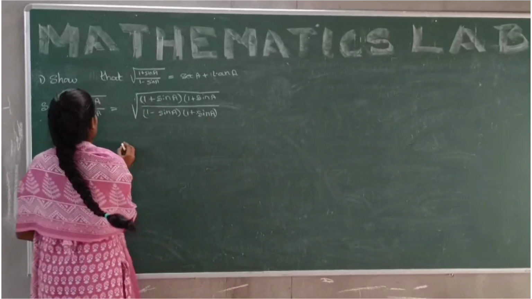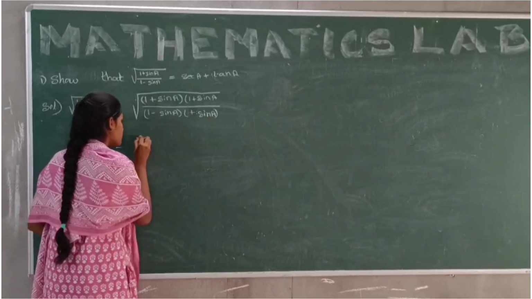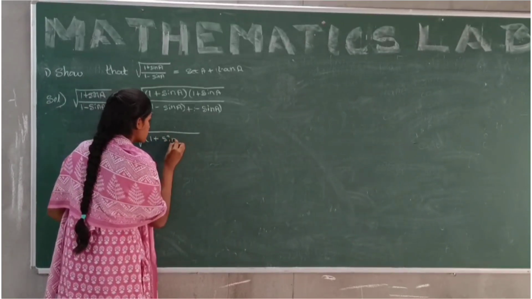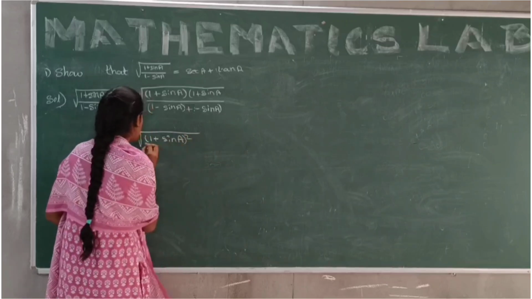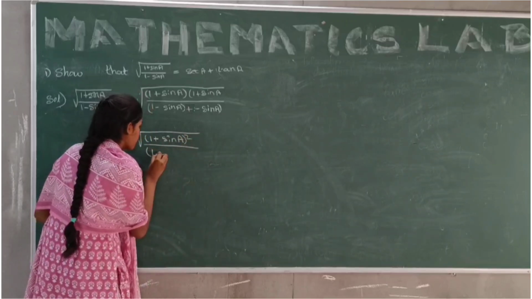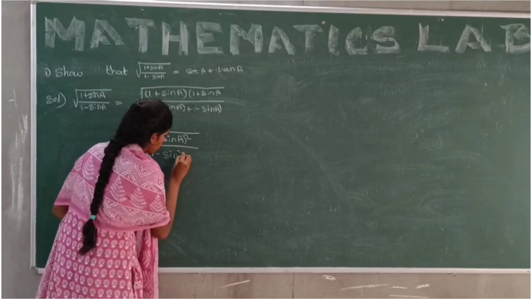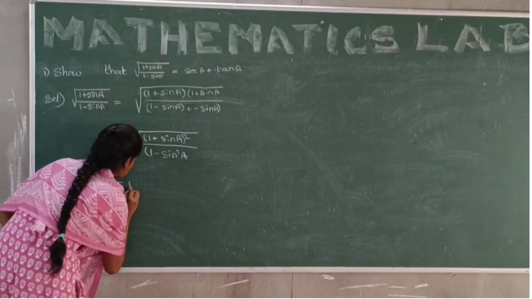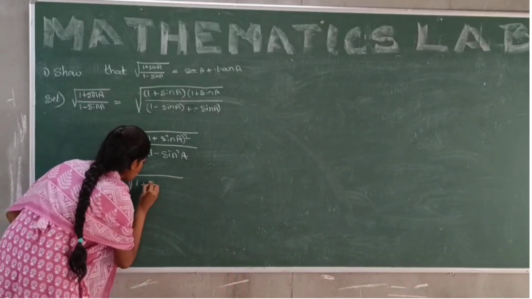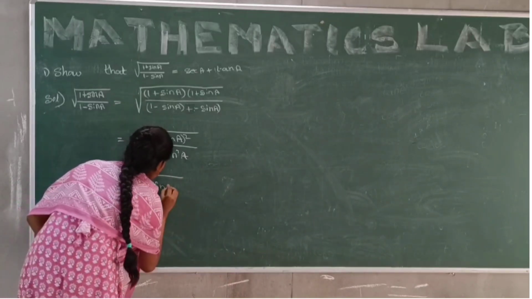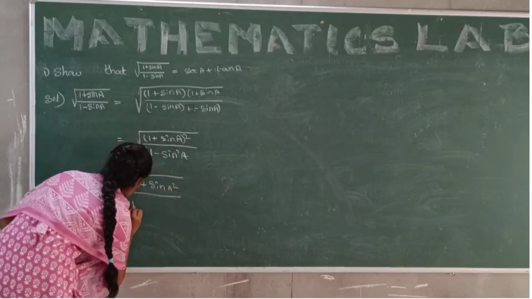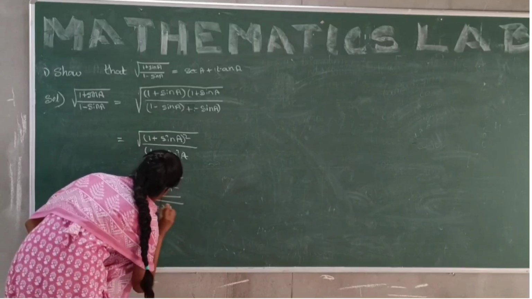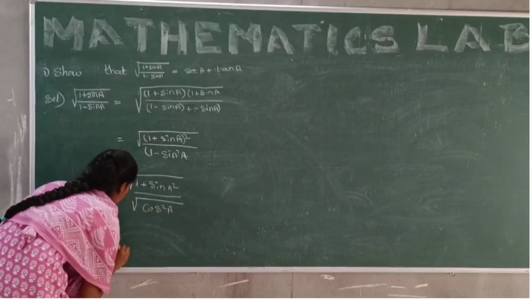Rationalization చేయగా ఎలా వచ్చింది ఈక్వల్ టు రూట్ (1 ప్లస్ sin A) హోల్ స్క్వేర్ బై 1 మైనస్ sin స్క్వేర్ A equal to (1 plus sin A) square by root cos square A, equal to